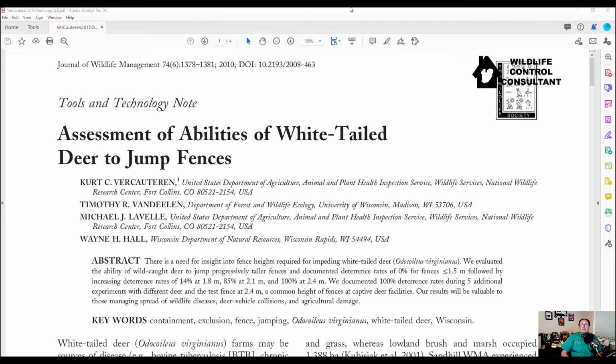But this one's going to be on how to deal with experimental journal articles and how to read them, because for many wildlife control operators, many of them don't have college education, because it's not necessary to be college educated to get into wildlife control. And in some ways, it might actually be a detriment. Hard to say that, but certainly it may not help you to the extent you wish. Certainly some of the education would be helpful, but I want to give you some tips on how you're going to read these journal articles, because I'm a strong believer in accessing the academic literature.